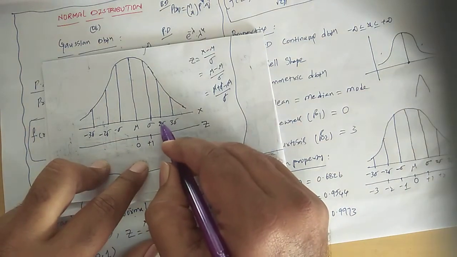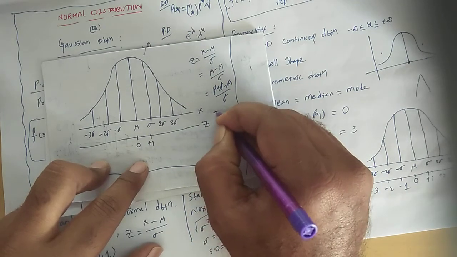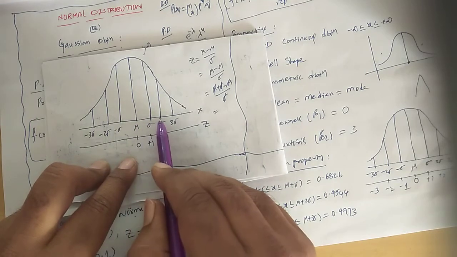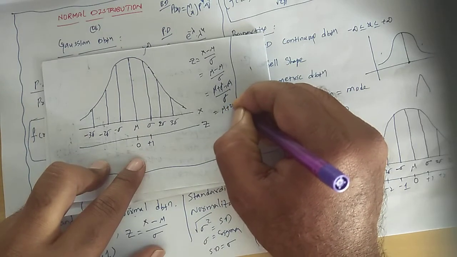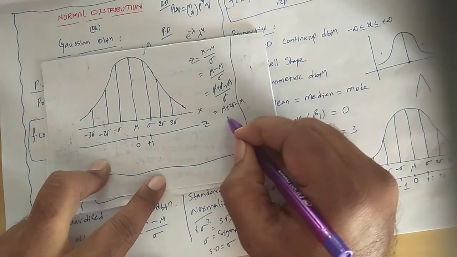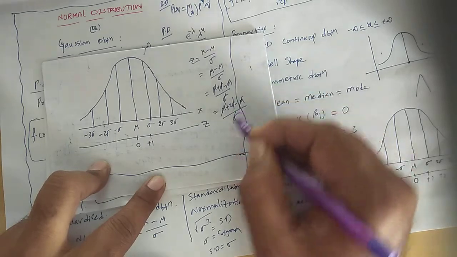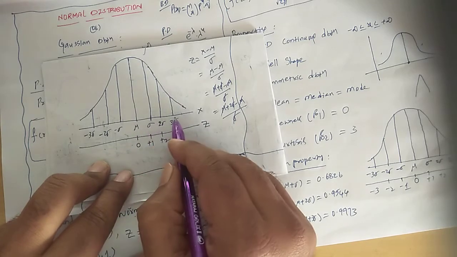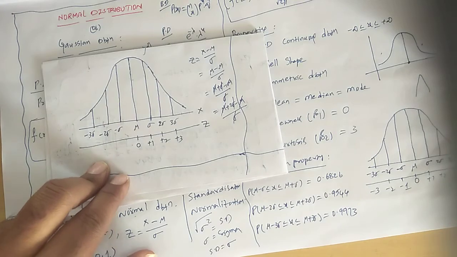Same way, what does the 2 sigma value of x become in z? So that is equal to, now carefully observe. From here what is the distance? Mu plus 2 sigma, 2 sigma distance. So what are you writing? Mu plus 2 sigma. Already what is there? Minus mu, the whole divided by sigma. So minus mu plus mu gets cancelled. Sigma sigma gets cancelled. So what is the value going to be? Plus 2. Same way from here, mu plus 3 sigma. So what do you get here? Plus 3. Those are all positive values.